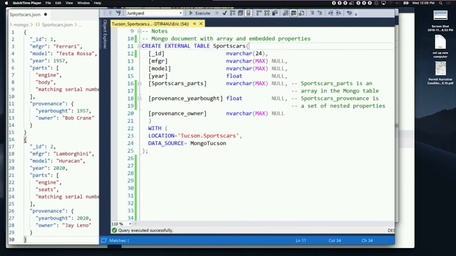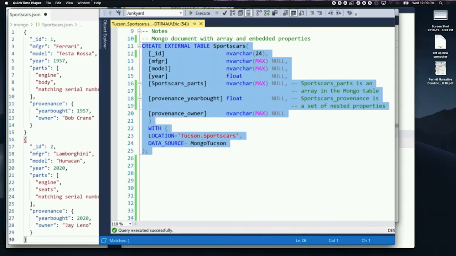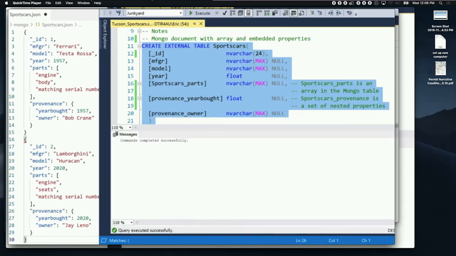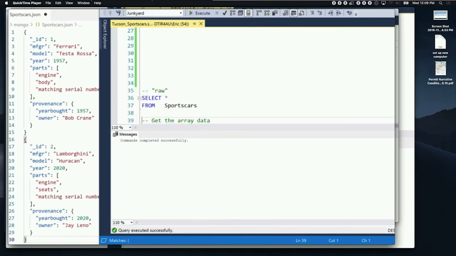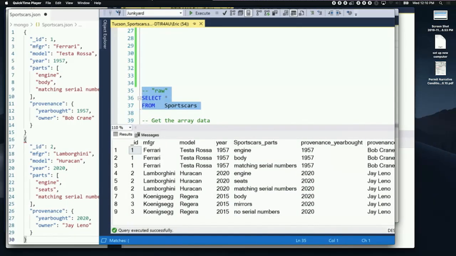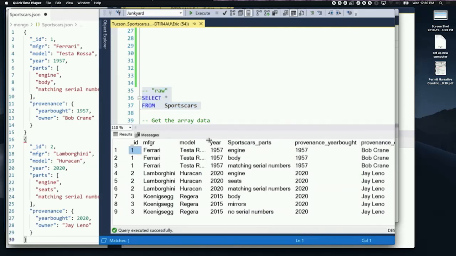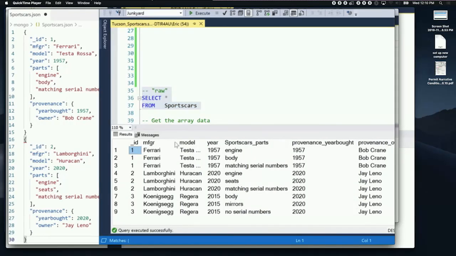And again, just like in all these, the data types have to match. So the interesting thing is when we get to the Cosmos one, the data types don't come back as the same data types. So notice here we have 9 rows, even though we only have 3 documents. That's because of our array elements, right?